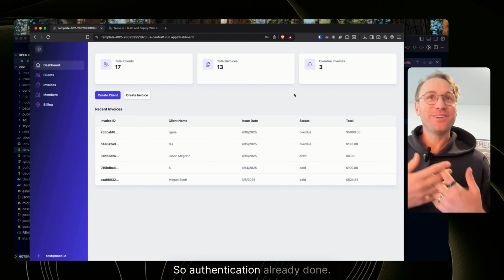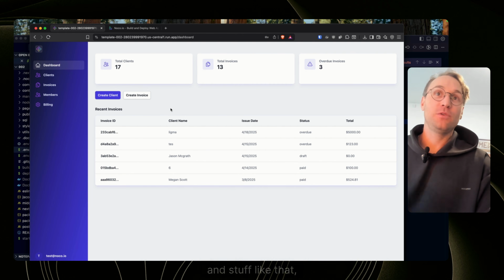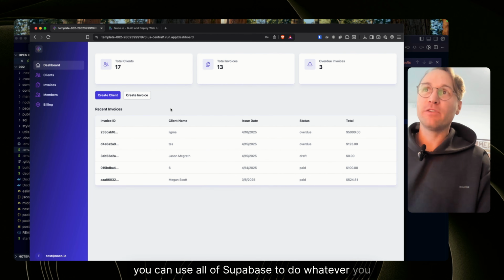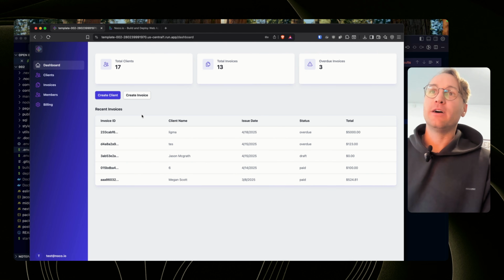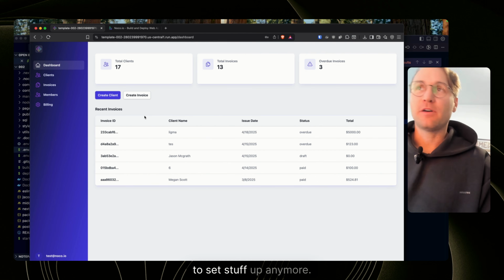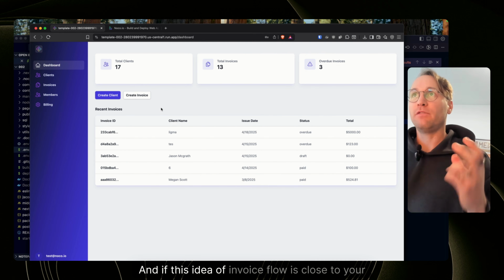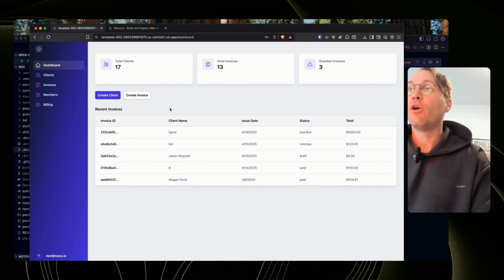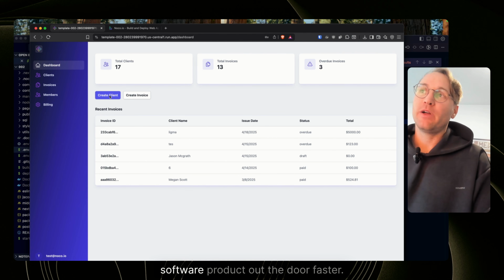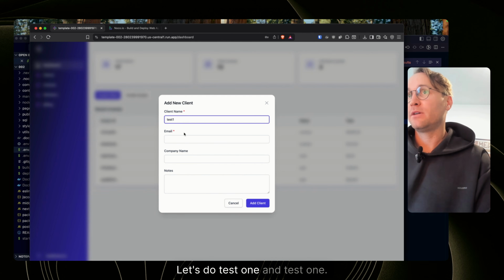So authentication, already done, right? When people need to go and log in or create users and stuff like that, you can use all of supabase to do whatever you want or change whatever you want. But this, again, is already wired up. So you're not fighting to set stuff up anymore. This is just like you off to the races. And if this idea of invoice flow is close to your idea, hopefully you can get your software product out the door faster. So create client, let's do test1 and